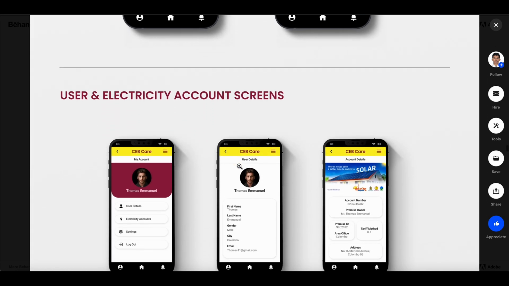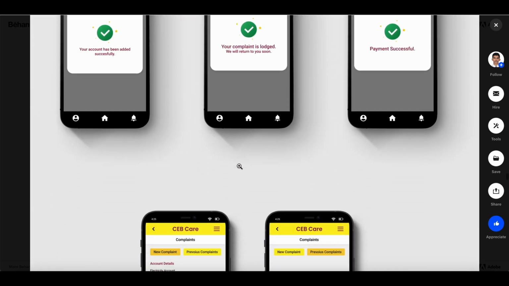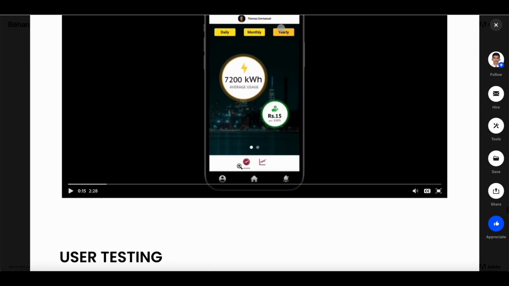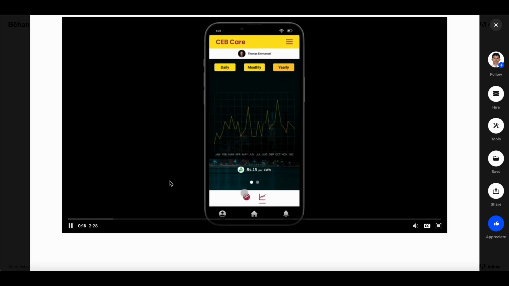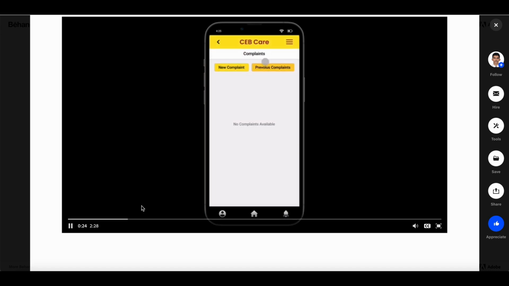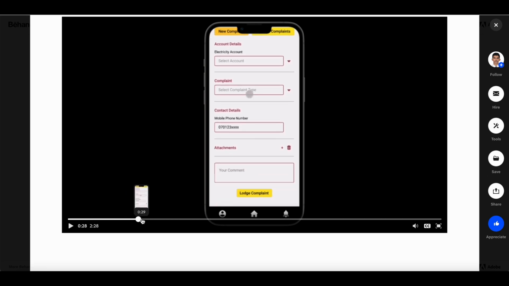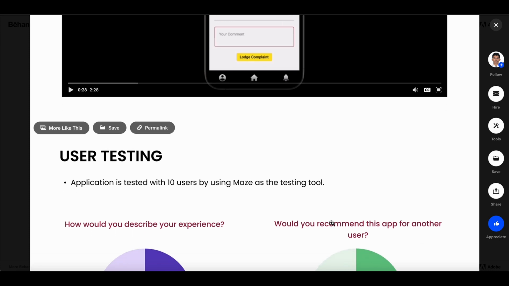User and electricity account screens, he has mentioned the profile screens and all, calculation, payments. So yep, he has mentioned everything that he has done. And then again, we see a video, and if we click on this video, it will explain the entire flow, how somebody would go through, which is very nice. I would say this video makes sense at this point. So I put the link in the description tab for this UX case study, so you can go through and view all these things. And then I see something that I don't see in many UX case studies these days,